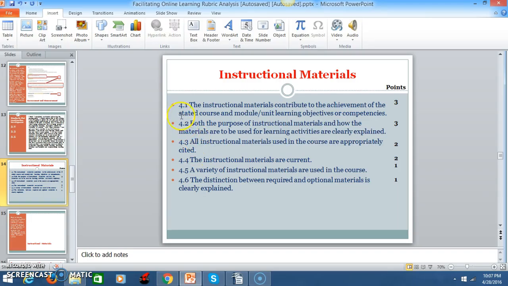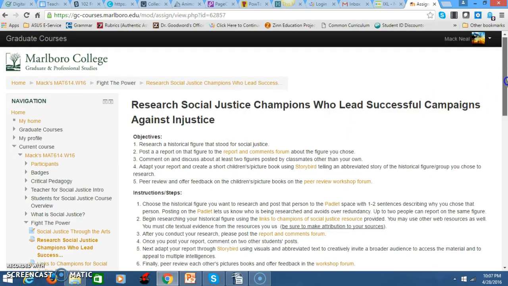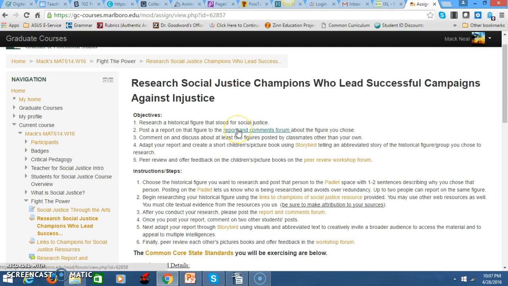First, let's look at 4.1 and how these instructional materials contribute to the achievement of the learning objectives. So if we go to my course, here's an assignment where I ask students to research a social justice champion and to create a report on them. Not only will students research, but they will also write a formal analysis type of report using textual evidence from research resources that they are asked to use, and post that in a forum, as well as responding to